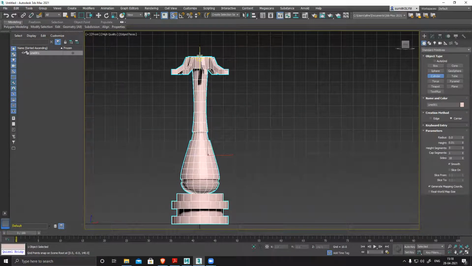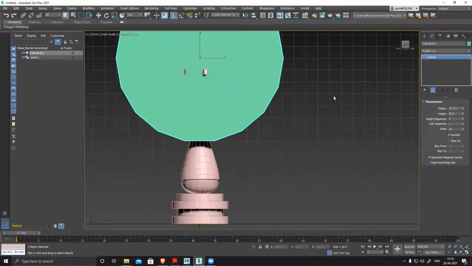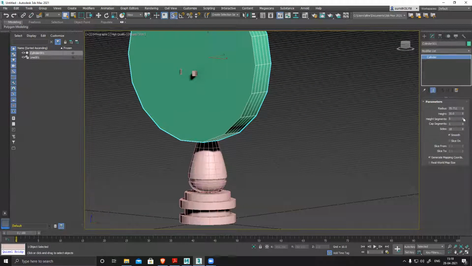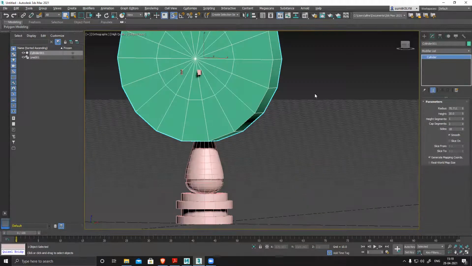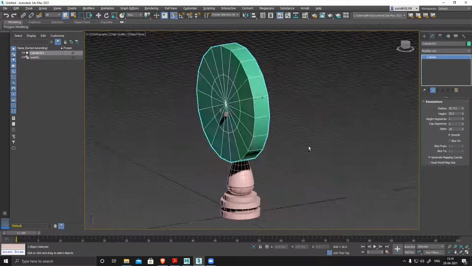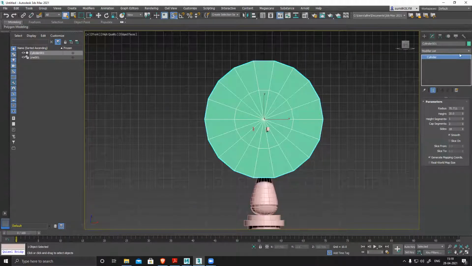I don't want this thing, but I need this center loop. Now I have created two different shapes, right? So right now I'm going to work on this one.